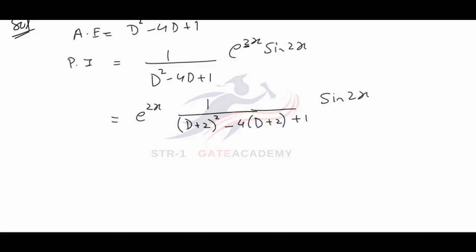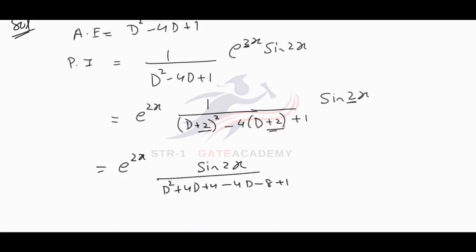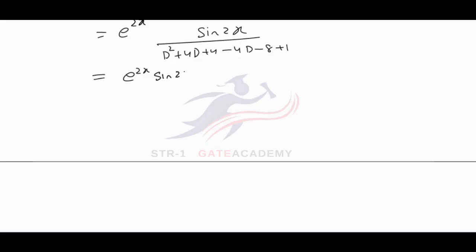So now if we substitute d as d plus a, and open the brackets, it will become something like this. Why have we taken this d plus 2? This is a shortcut which we can directly use. This can be written as e raised to 2x, why 2? This is a, right? So it is e raised to 2x into sine 2x upon d square minus 3, right? Now if I put d square as minus of a square, that is minus of 4,